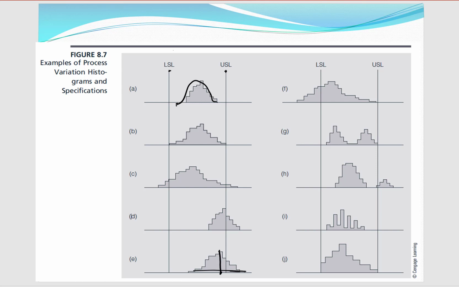In this particular case, the variation is small enough that it fits within the spec limits, so all is well here. But in the second one, you can see that the variation is pretty wide within the process, but still it fits within the spec limits. But this is a very risky business, because if the variation exceeds the limits on any given day or shift,